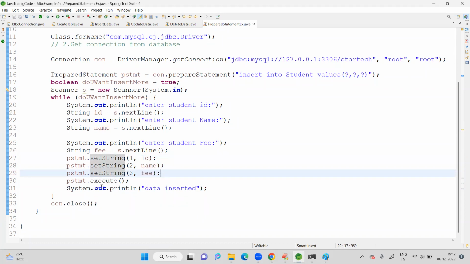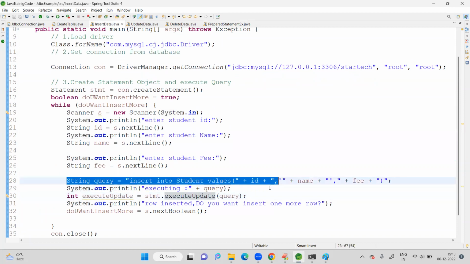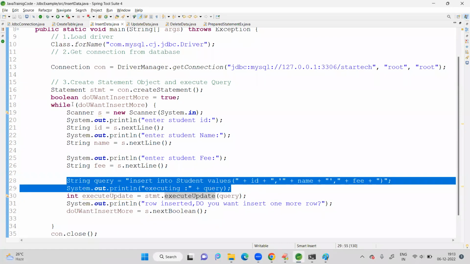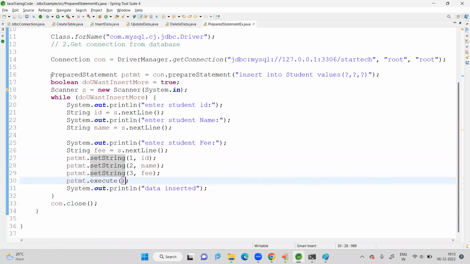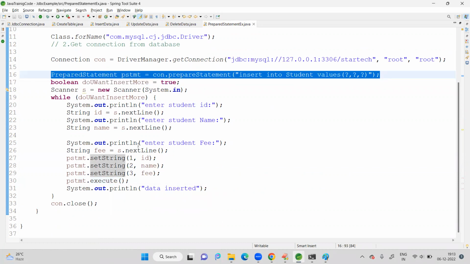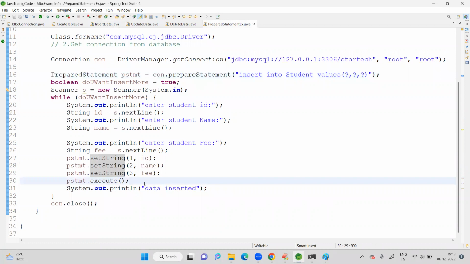Okay, it's fine. Now the query will be compiled only once. I'm not sending the query. I'm sending only data. Okay, I'm sending only data. Previously, I was always sending the query to the database to execute the query in the loop. Okay, I was always sending the query also, but here the query will be executed only once at the database side, and next time only we are setting the parameters. Okay, now see that